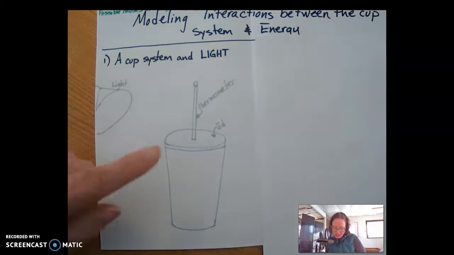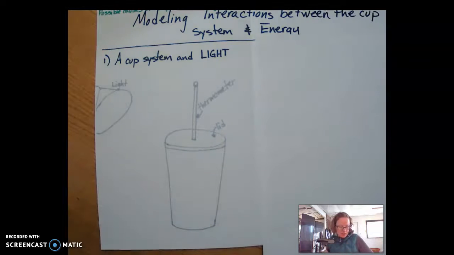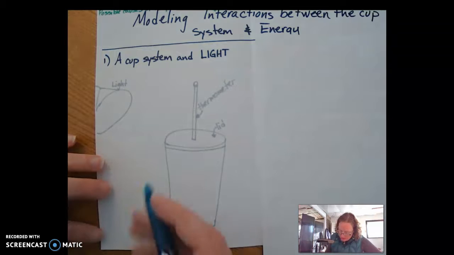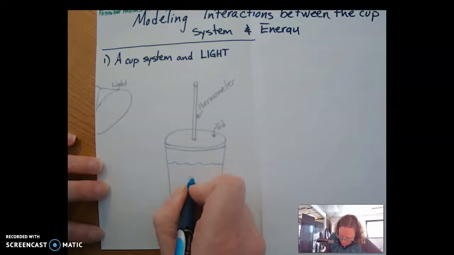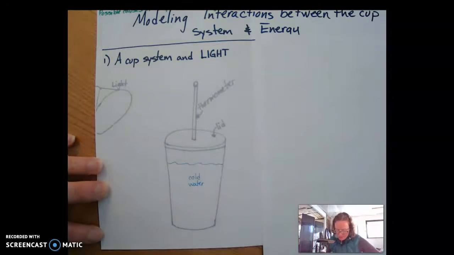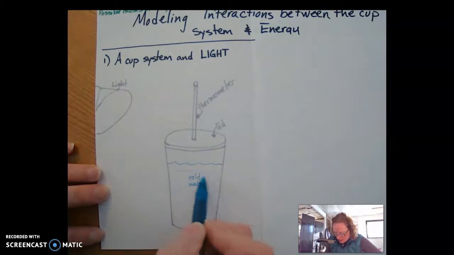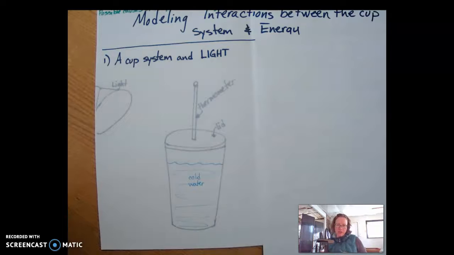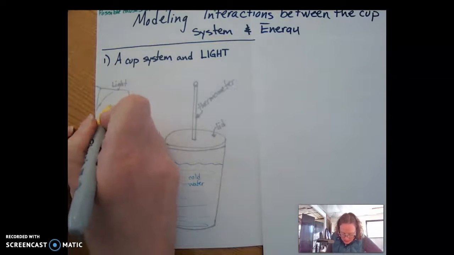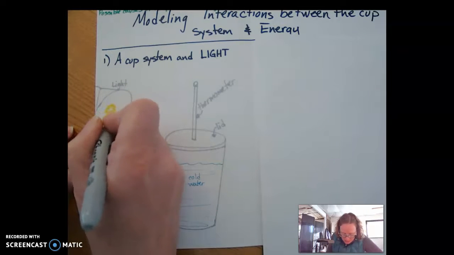And the idea is looking at your cup, and in our cup we're going to have cold water, so I might draw my water in my cup and label it cold water. Okay. If I had lots of time, I might shade it in to make it look like it's actually 350 milliliters of water. And then over here, you can see our light. I just have the silver light there, but maybe I'll draw a light bulb in it